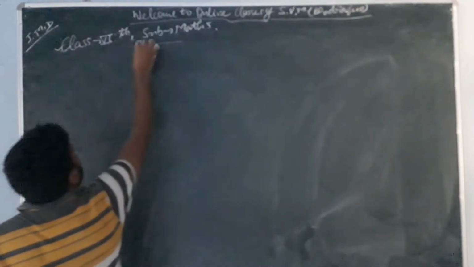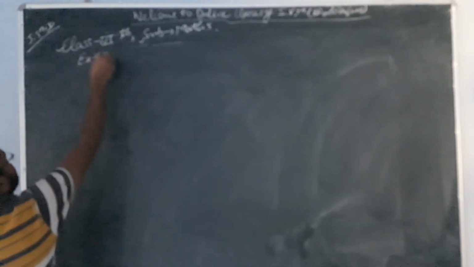This is our class 6th and subject maths. Our exercise number for today's video is 5.2, and the question that I am going to take in this video is question number 3rd. So what is our question number 3rd? Our question number 3rd is, which direction will you face if you start facing?